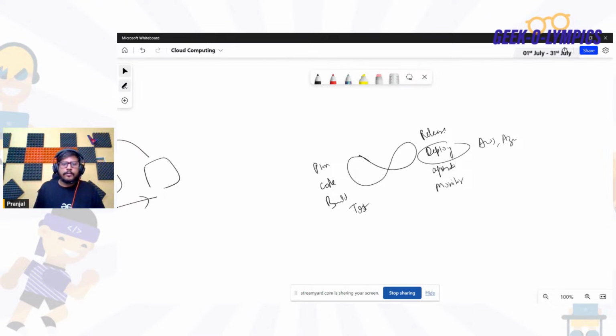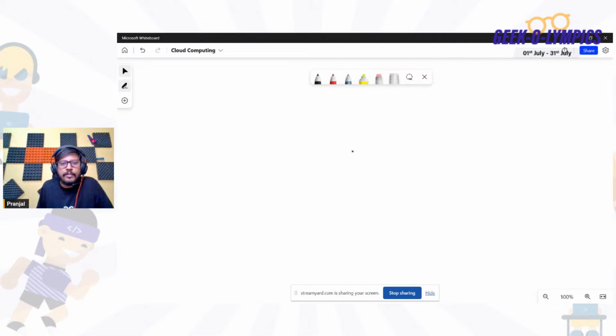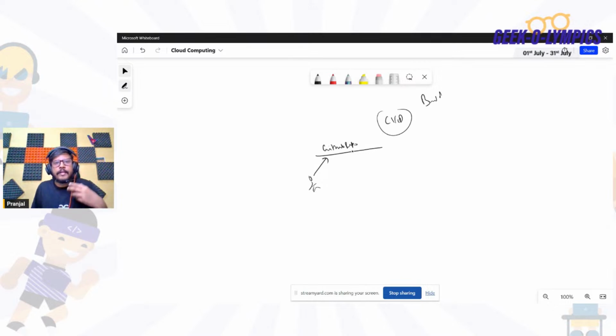Suppose this is your GitHub repository or any repository, and this is your developer. Whenever the developer pushes any code, it will activate the CI/CD server, which will automate the build. It could be building a new Docker image, pushing it to the remote registry, and then deploying the latest Docker image to your workload. It could be EC2, it could be ECS, it could be anything.